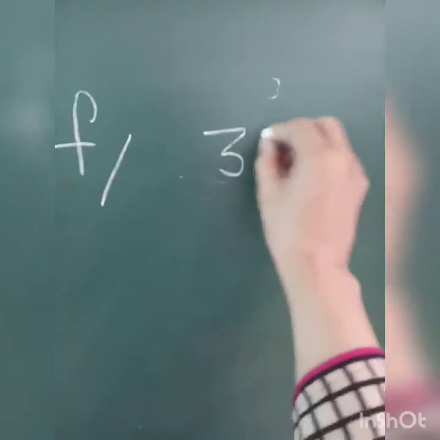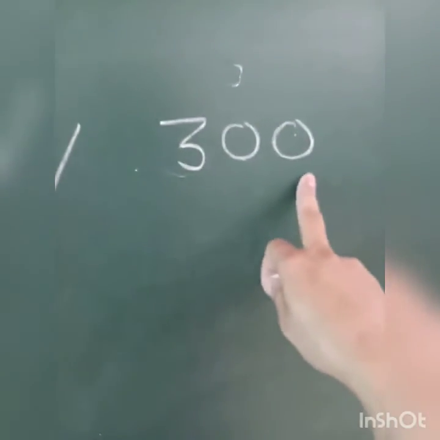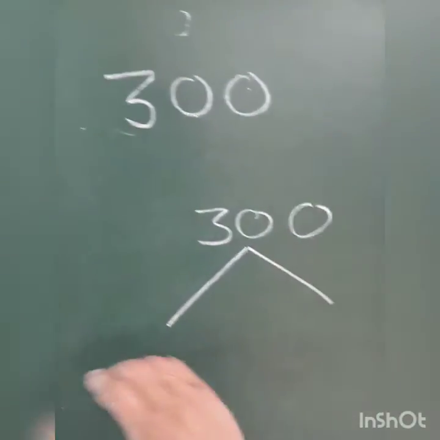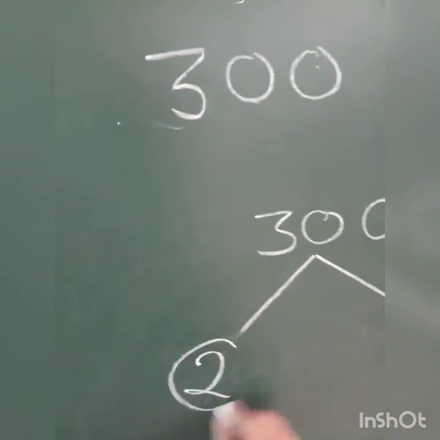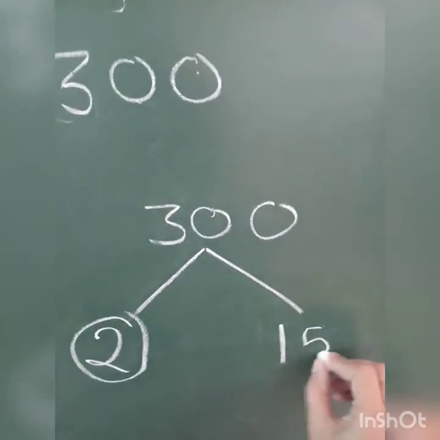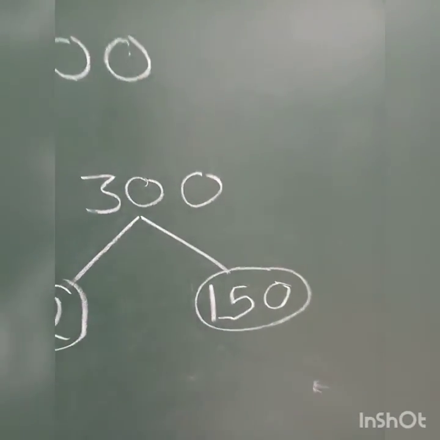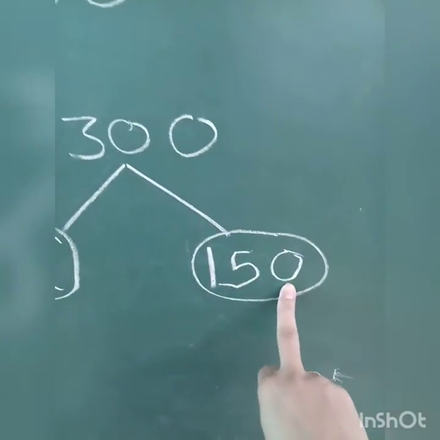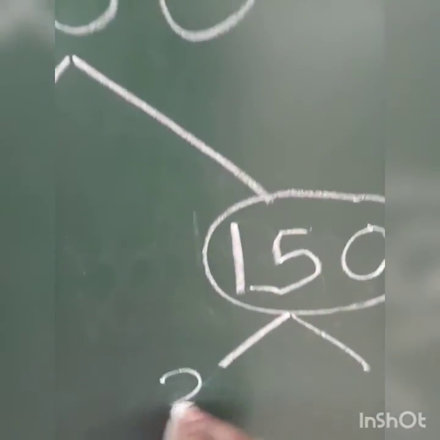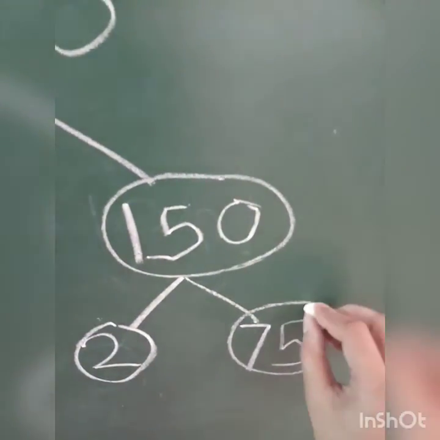It is given 300. Now we have to factorize this number. This is a composite number. At ones place here is given 0, so that would be divisible by 2. So let's divide by 2. 2 ones are 2, 1 10, 2 5s are 10 and here is 0, so 0. Okay, now you see 150. At ones place 0, again this number would be divisible by 2. We can write in this way. 2 7s are 14, 1 and 2 5s are 10.